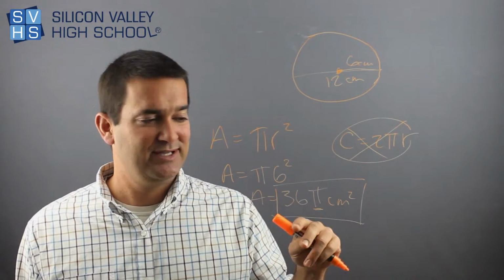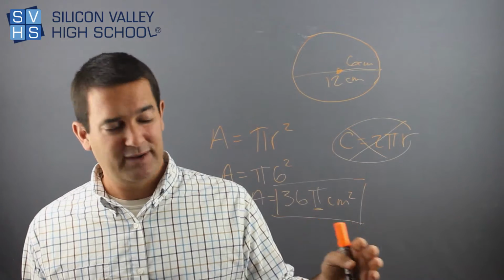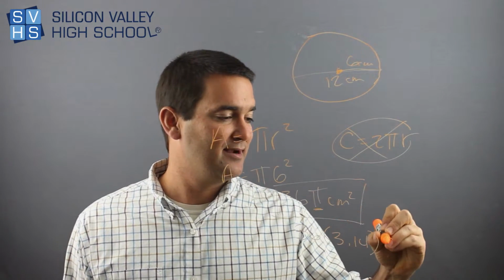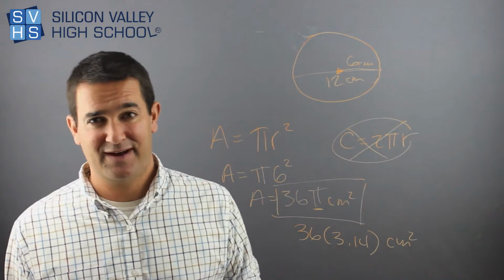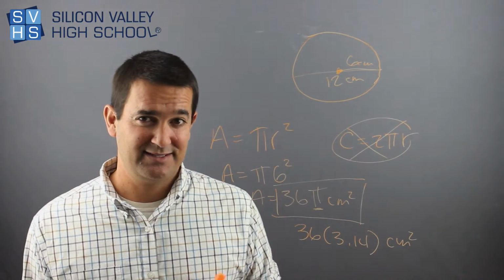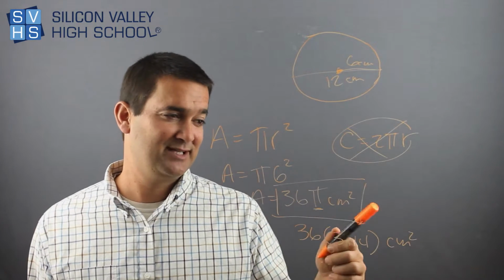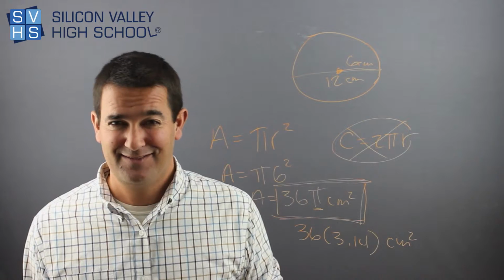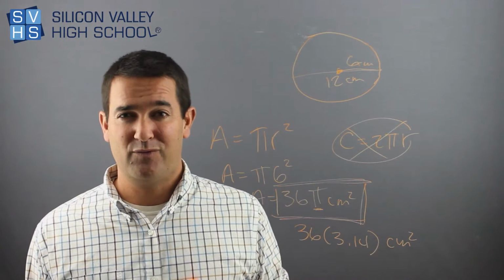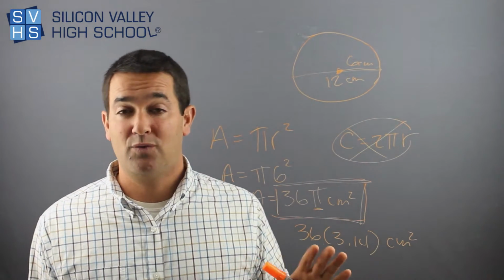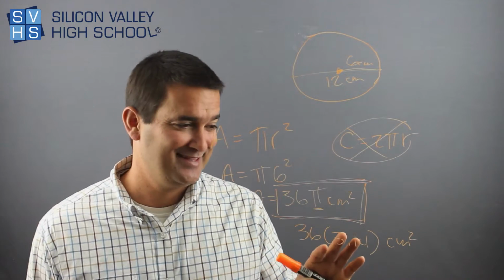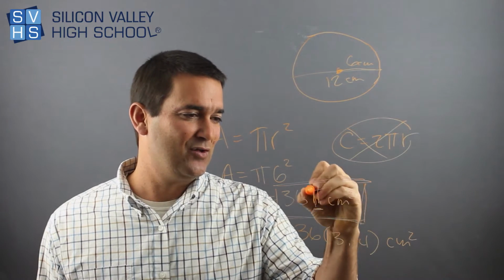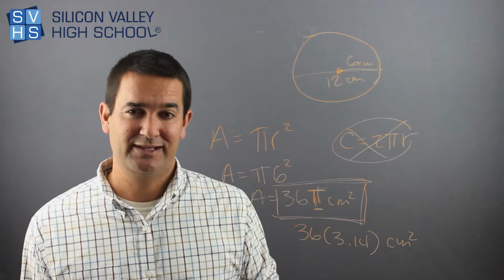You do occasionally have teachers that say, use 3.14 in lieu of pi, and then that would be easy. You would just plug it in and use your calculator, again, centimeters squared, and get the answer, and that's totally fine. But again, if you want to be a purist and you want to get the correct answer, 36 pi centimeters squared, I think you should totally debate your teacher if they want you to put in 3.14 and say, oh, so you don't want the correct answer, you want a rounded answer. I think they would appreciate that snippety attitude. But yeah, in college a lot of math purists would totally leave pi in there.